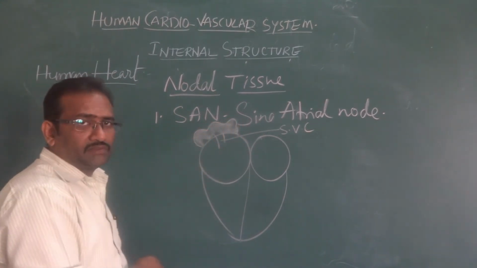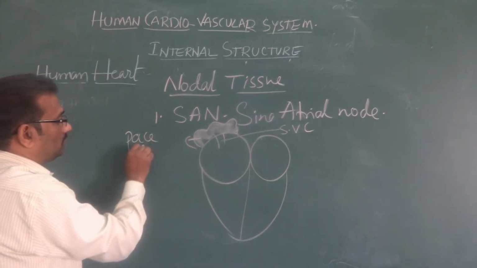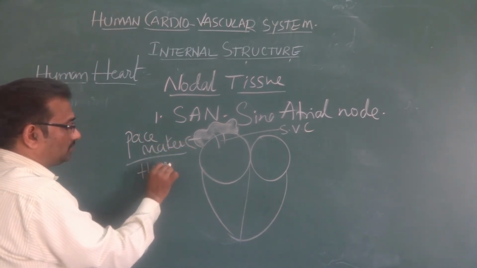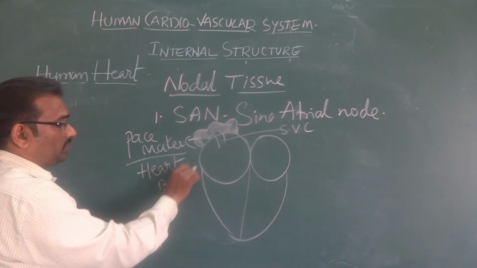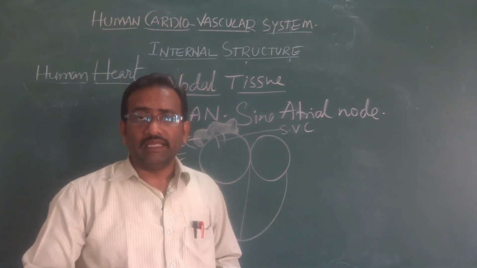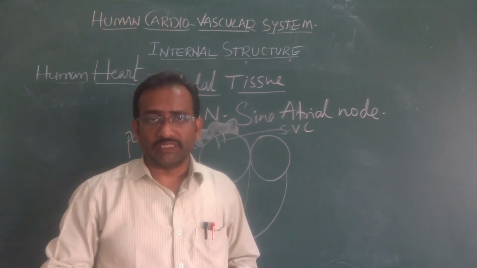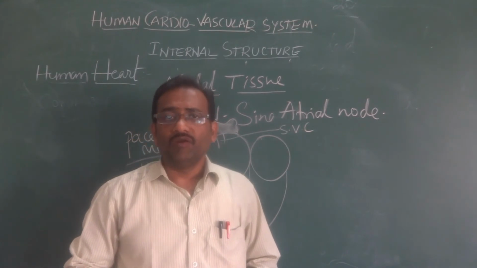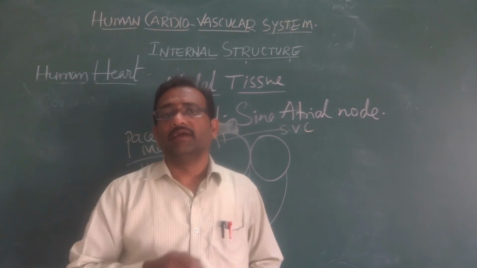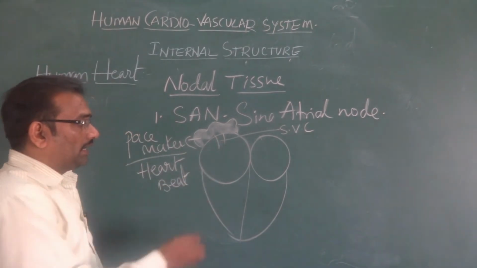This sinoatrial node is also known as the pacemaker because it starts the heartbeat. It itself takes the impulses and produces the action potential for the beating of the heart. That heartbeat signal travels through the atrium and reaches the